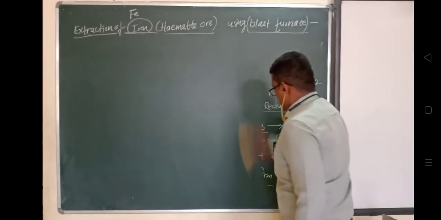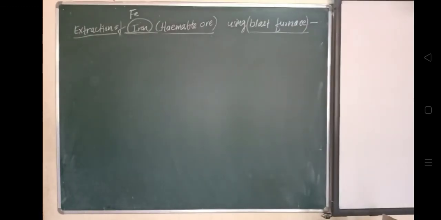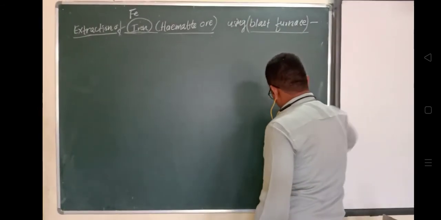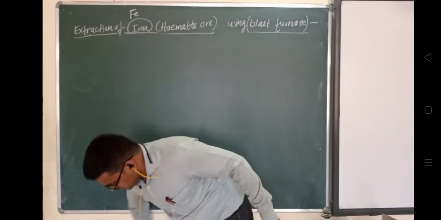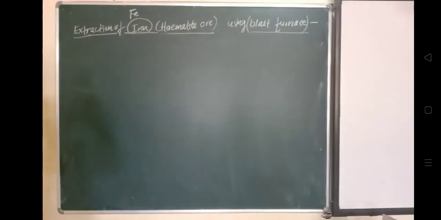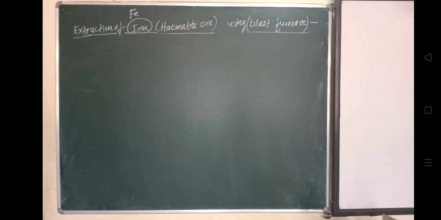Now you can see this is carbon monoxide. In a blast furnace the preheated air reaches in maximum quantity, and with the carbon monoxide it goes upward. This carbon monoxide rises upward in the blast furnace, and the charge coming down gets heated. We know the heated gas is going upward and the charge is coming downward.